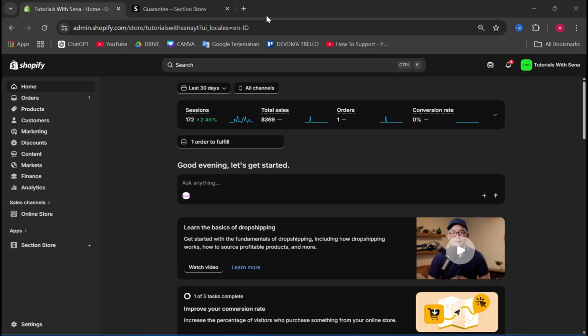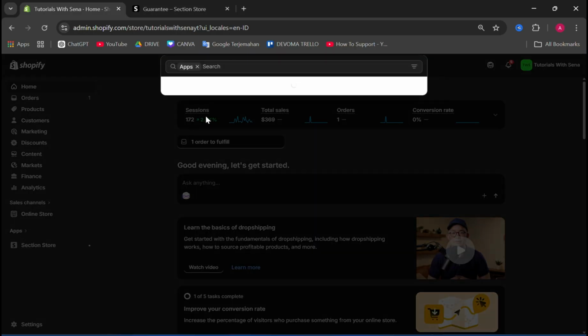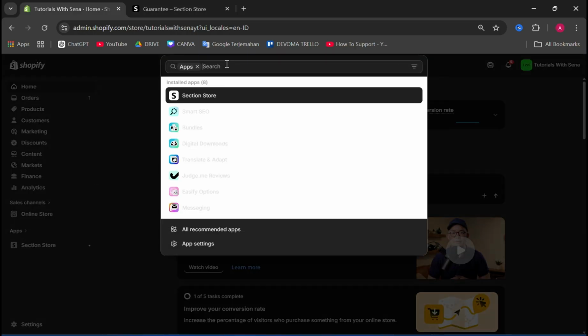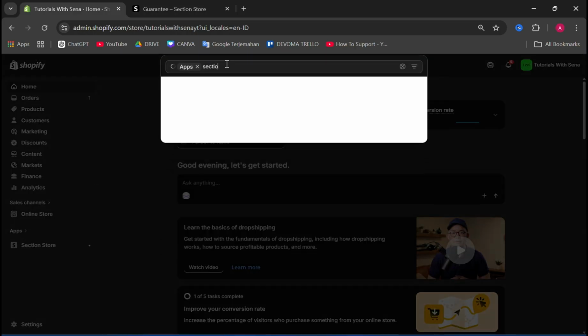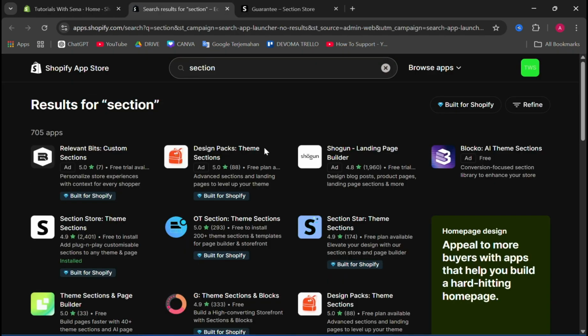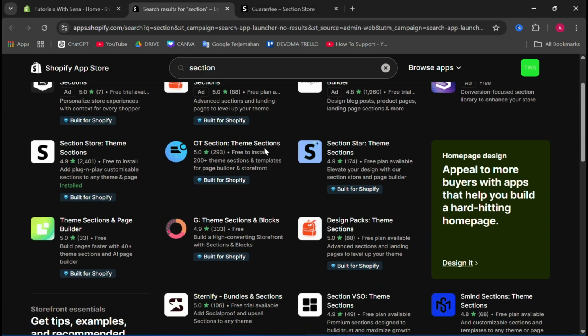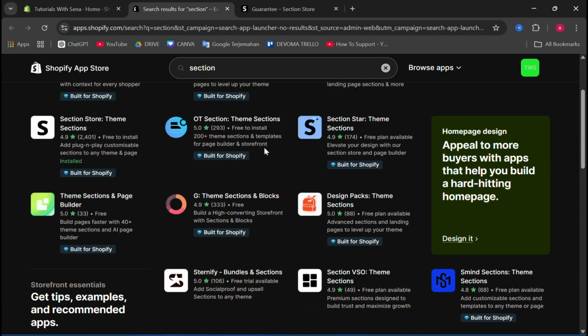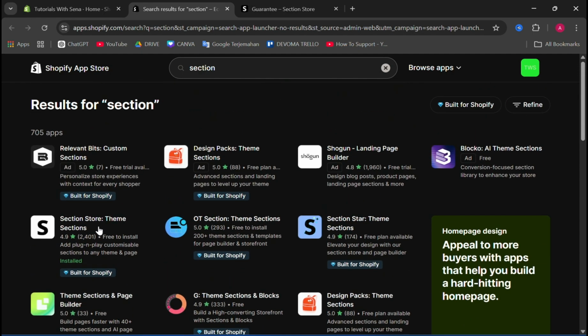So in the admin dashboard, you can navigate to the apps. Here, you can click on it. And then in the search box, you can search section, and then you can click search in Shopify App Store, and then you will find a lot of options here, as you can see. But what we are looking for is this one, Section Store. You can click on it,